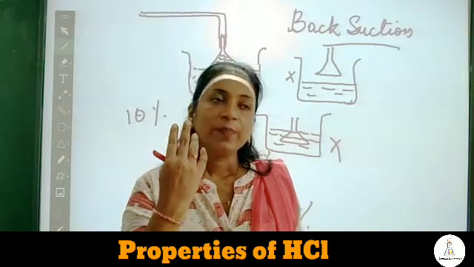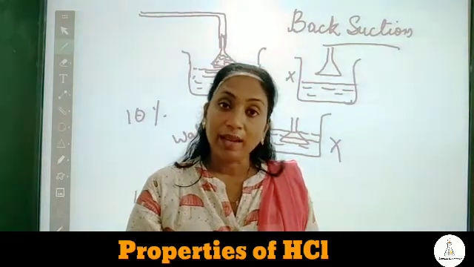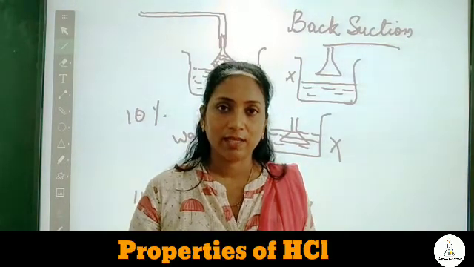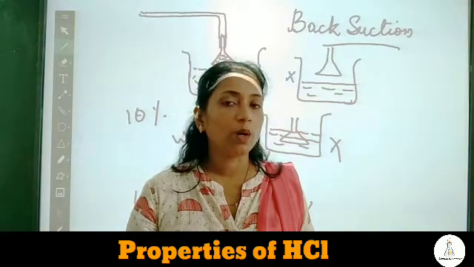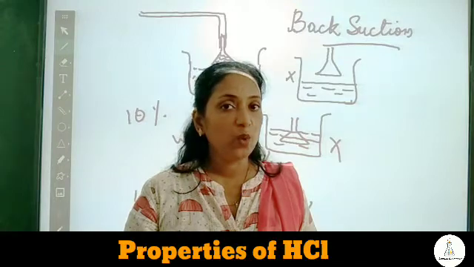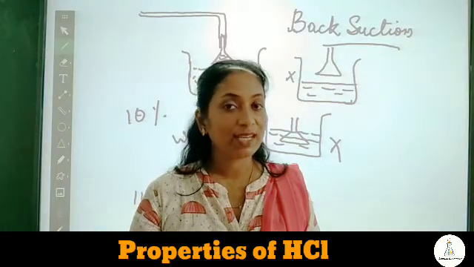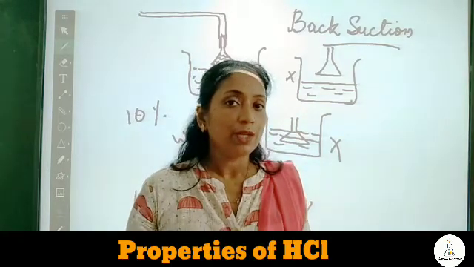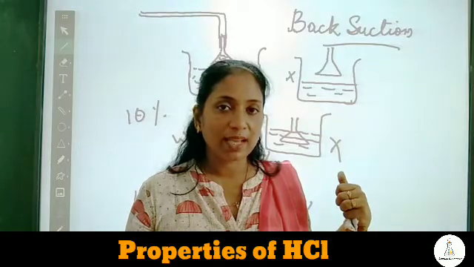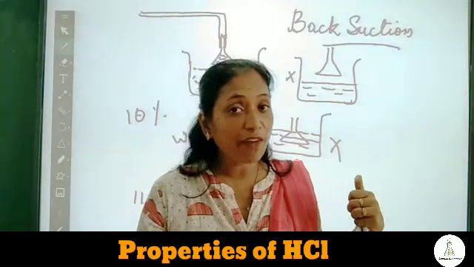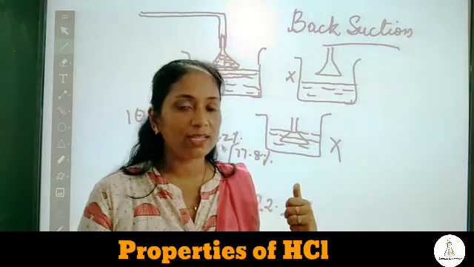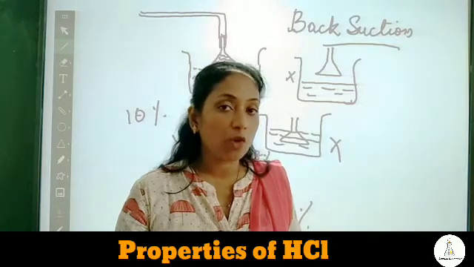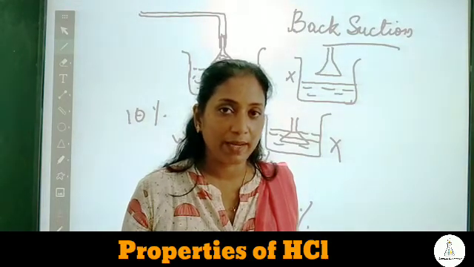Hydrogen chloride gas. Now, as I had told you in the acid chapter also, this hydrogen chloride gas doesn't have any effect on a dry blue litmus paper. Why? Because it doesn't have hydronium ions. It doesn't produce hydronium ions. So, a dry hydrogen chloride gas is not acidic. Liquefied hydrogen chloride is also not acidic because no water molecules are present. And if water molecules are not present, it won't ionize and form hydronium ion.